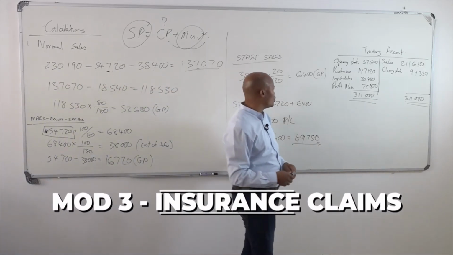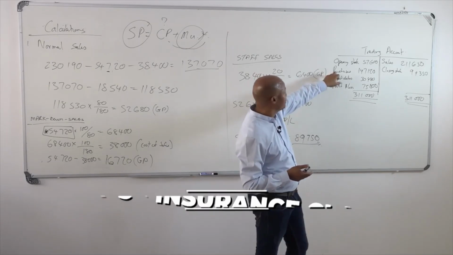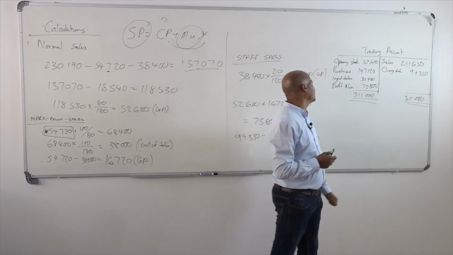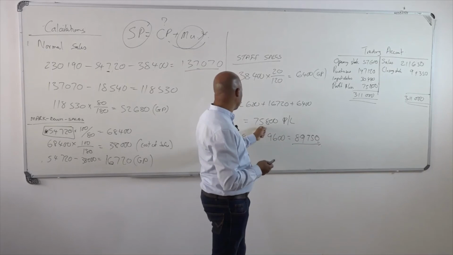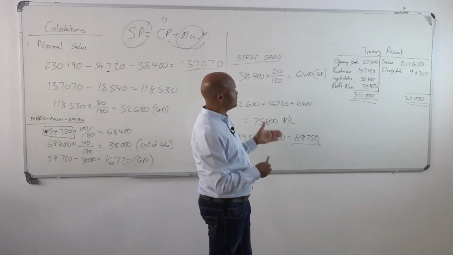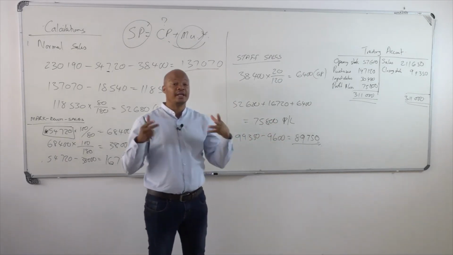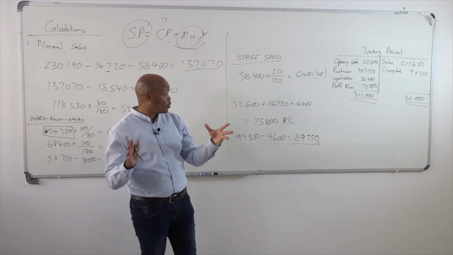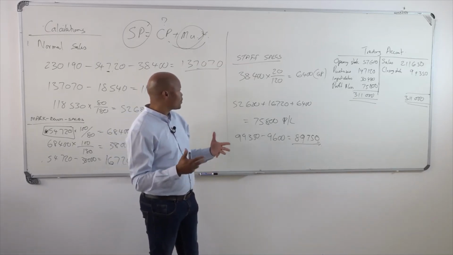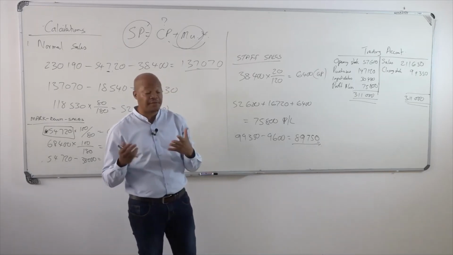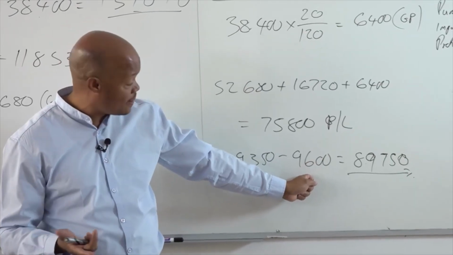Opening stock is always given to us. Remember, purchases less purchases returns, sales less sales returns, import duties, and then your gross profit, which we've just calculated. Add the debit side, subtract it from the credit side, and now you know the value of your stock at the point of fire, the point of theft, whatever incident occurred there. Now you put in a claim: you've got closing stock of 99,350, subtract salvage stock. This is the stock that was not stolen. Now you've got